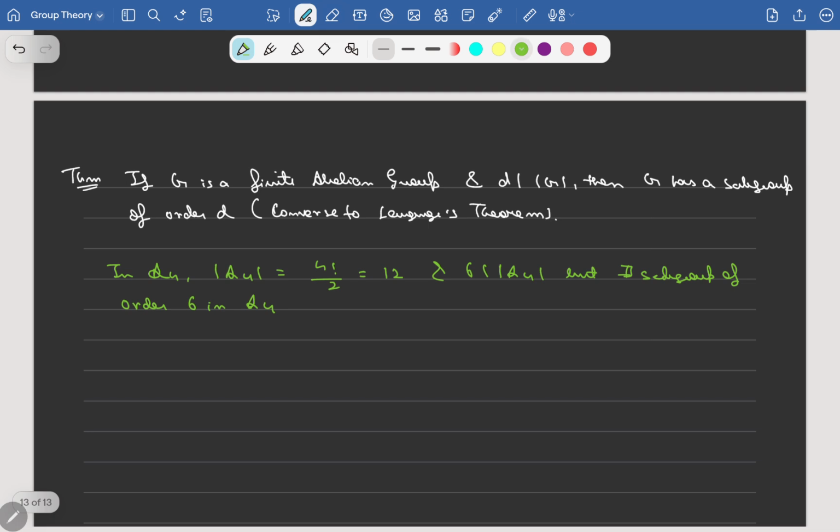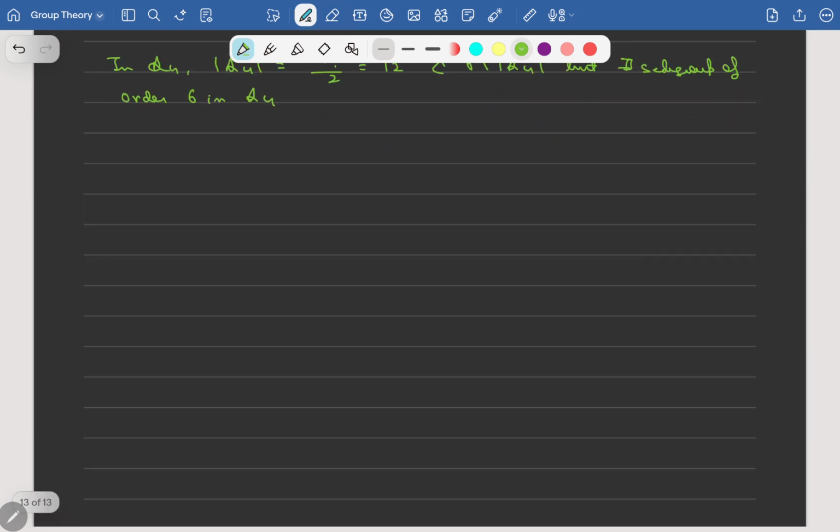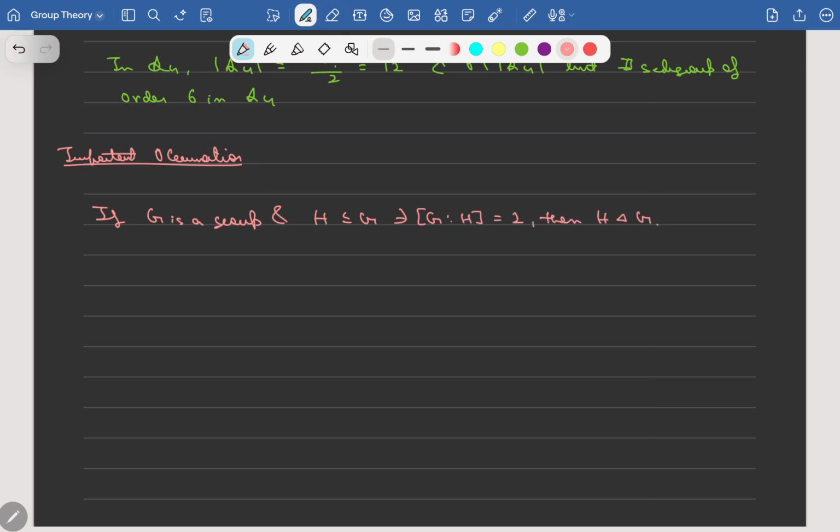Okay, something very interesting which I should write here. It's a very important observation: if G is a group and H is a subgroup of G such that the index of H is 2, then H has to be normal in G. You can take the proof as an exercise, but the proof basically follows from the typical fact that if I consider G mod H, representing the collection of left cosets, it will only contain elements of the form